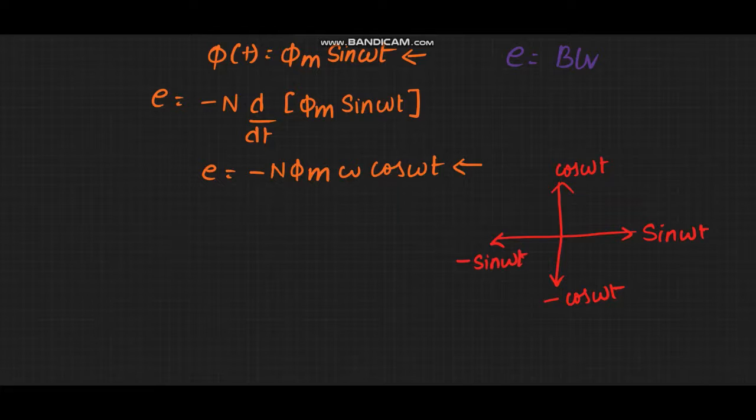If I wanted to convert my negative cosine wave to sine wave, I have to consider my sine wave and subtract an angle of 90 degree from my sine wave. Then my equivalent induced EMF equation will be something like this: sine of omega t minus pi by 2. All right. And this will be my flux equation, which is